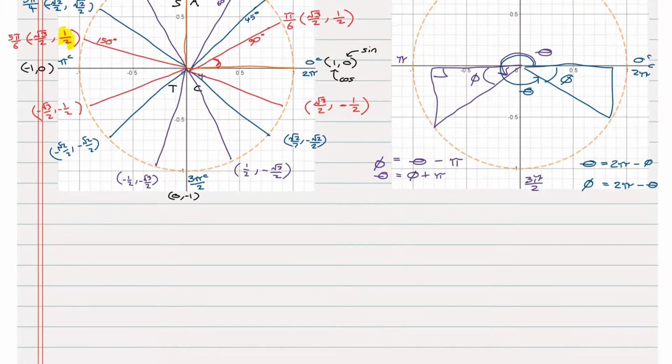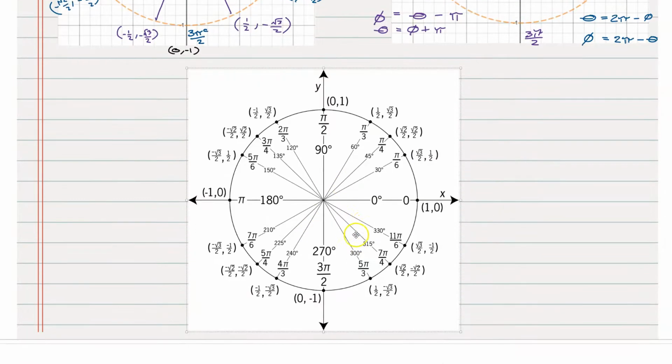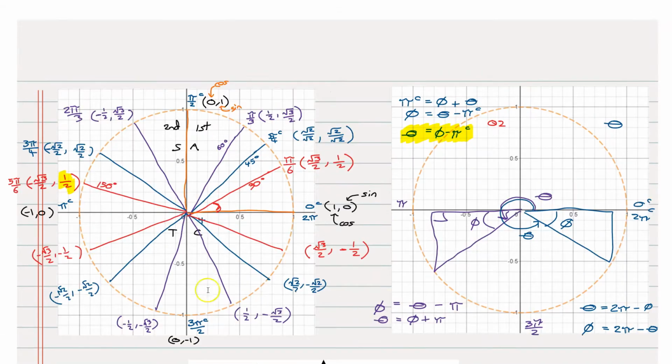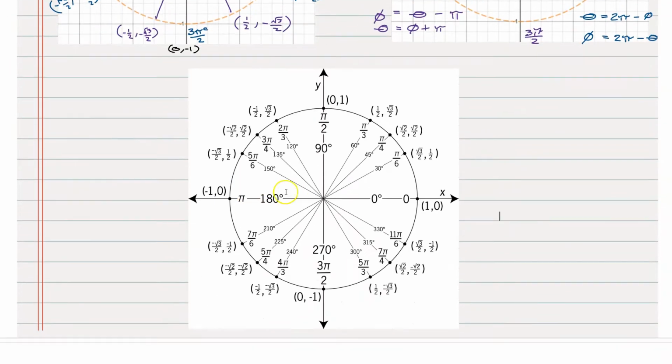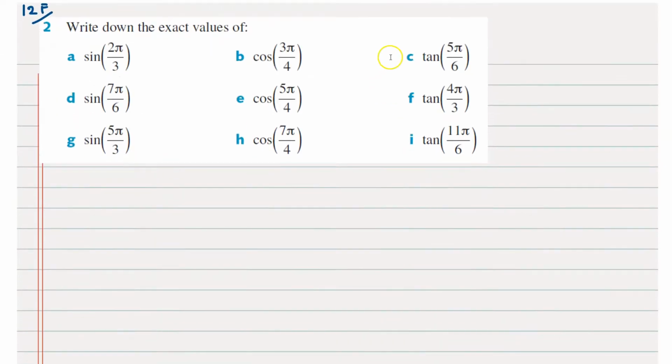So on one note, we've got this beautiful table here. So you can reference this table here to get the exact values rather than these little bit messy diagrams. But let's do one or two examples to just reinforce the understanding of what we've learned here. So if we've got, say, cosine of 3 pi over 4, and we want to know the exact value for that, we'll firstly notice that 3 pi on 4,